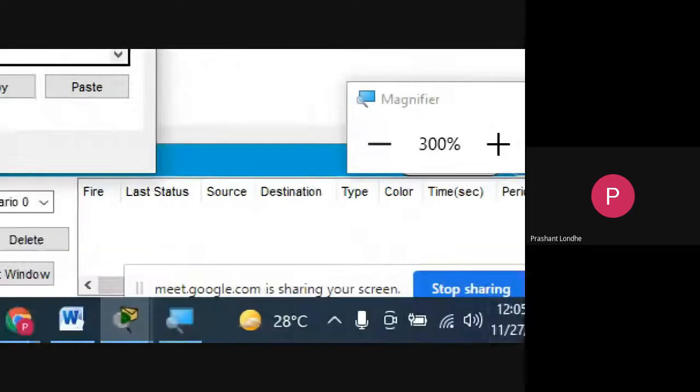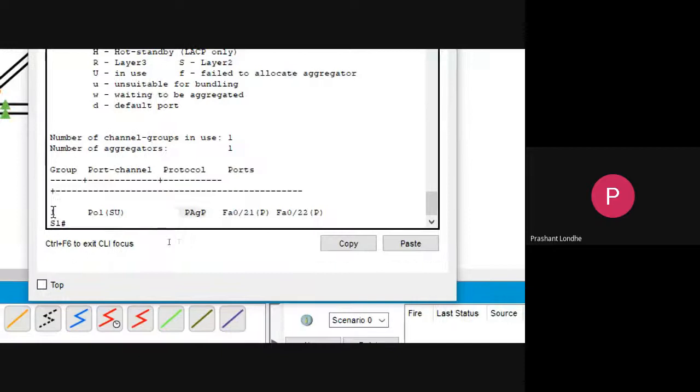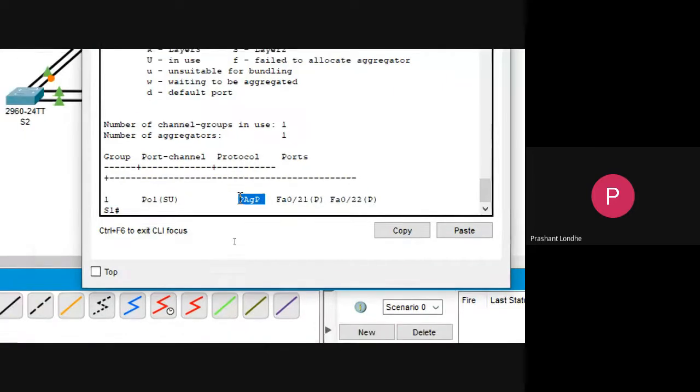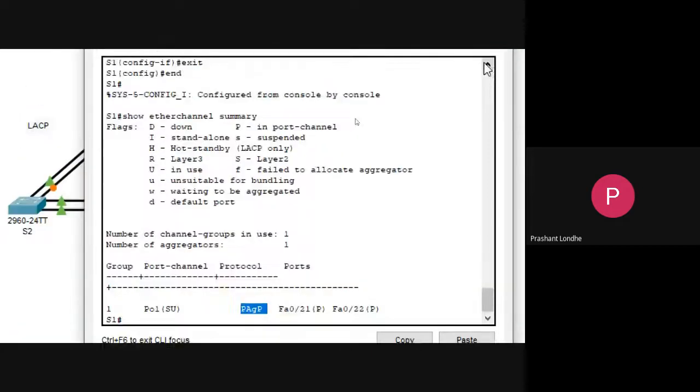You can see we are getting the output over here, and we have successfully implemented the PAGP protocol. You can see this line: Fa0/21 and Fa0/22 have successfully implemented the PAGP protocol. If you are able to get this statement over here, it means I have successfully implemented it.